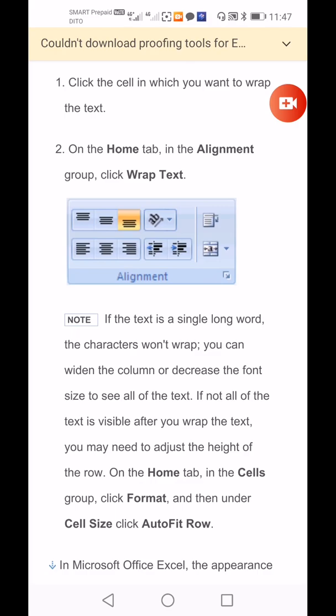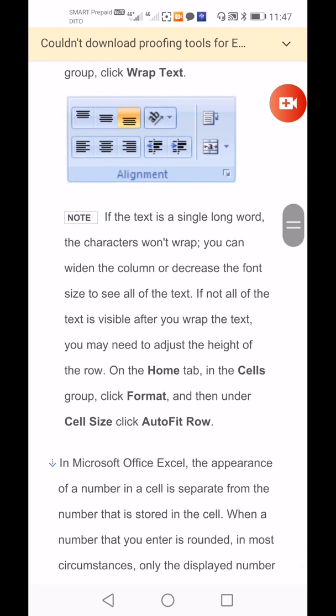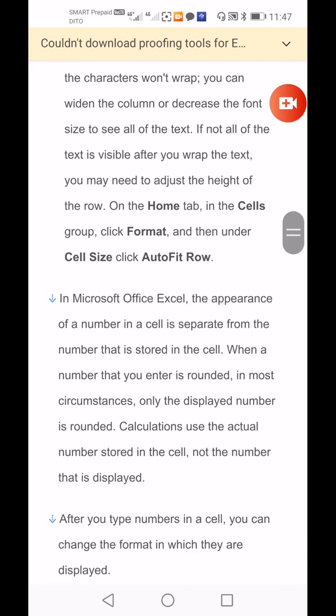If not all of the text is visible after you wrap the text, you may need to adjust the height of the row. On the Home tab, in the Cells group, click Format, then under Cell Size, click AutoFit Row Height. In Microsoft Office Excel, the appearance of a number in a cell is